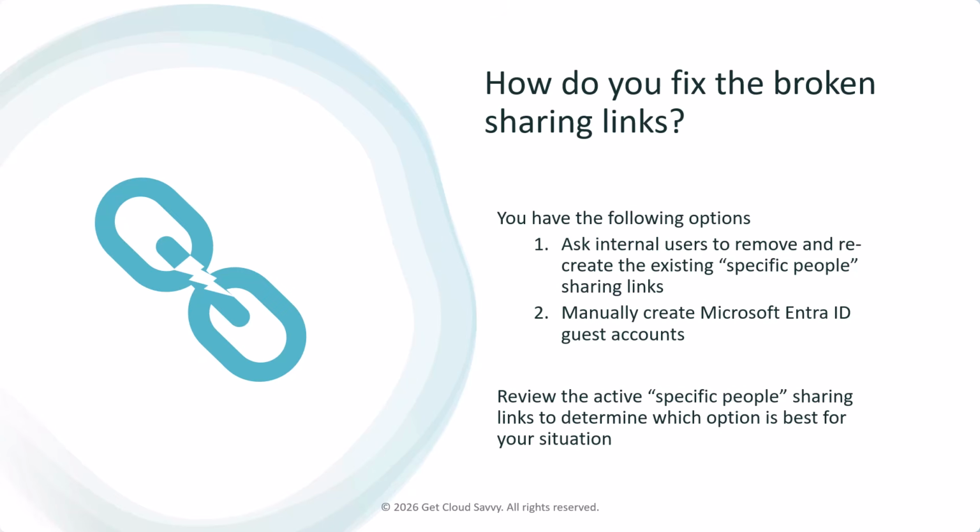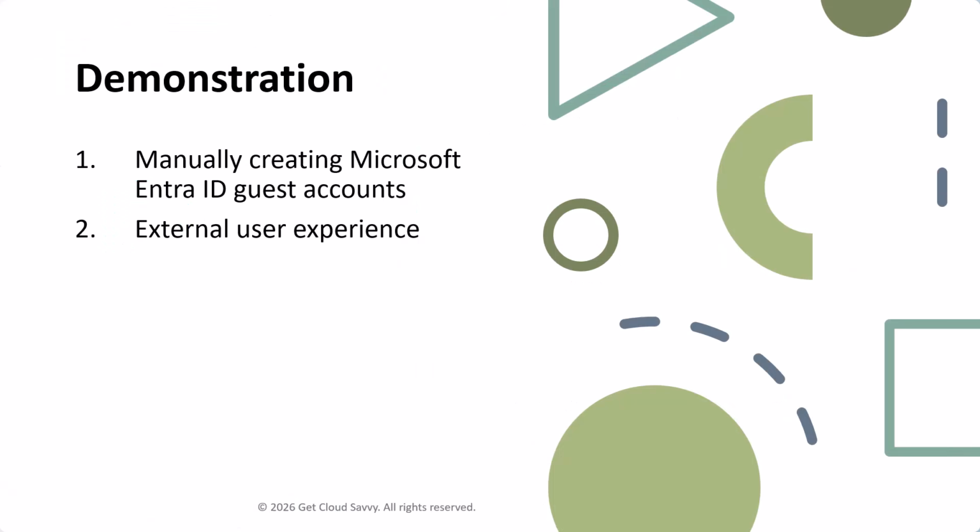So you're going to see the experience of the external user. Let's dive into a demonstration. And again, what I'm going to show you is manually creating the Microsoft Entra ID guest. So we're going to manually create an Entra ID guest account for the external user that we invited previously that has the broken link, right? We're going to fix that link, and then we're going to show you what that experience is. And not only just show you what the experience is, I'm going to show you how I recommend that you do it, right? So the first thing we're going to do is I'm going to launch